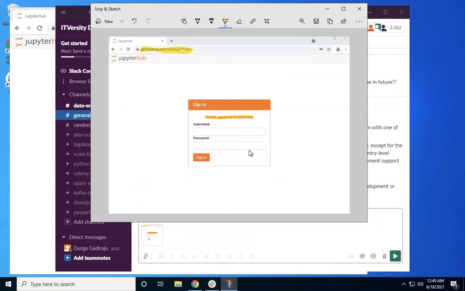For one or two scenarios, it is okay. We will support, and we'll also say that you should use snip and sketch and share the appropriate screenshots so that we can support. But if it is recurring, we will not be supporting you. You need to understand the relevance of taking screenshots using tools like Snip and Sketch to communicate to us effectively, and the support will become a lot more seamless.